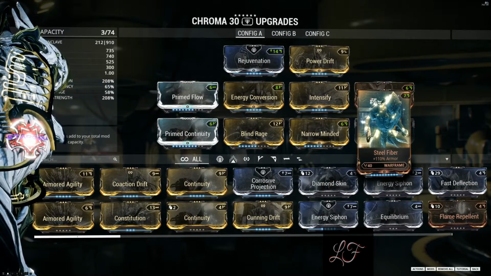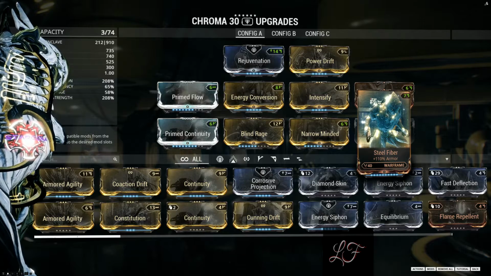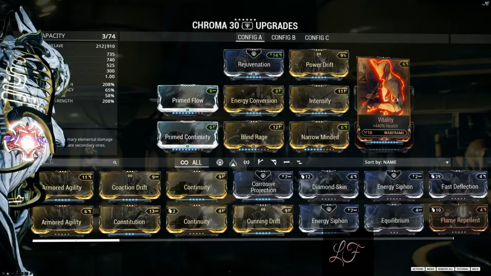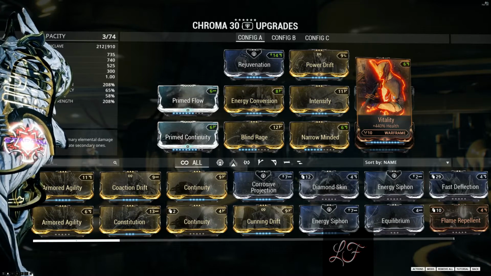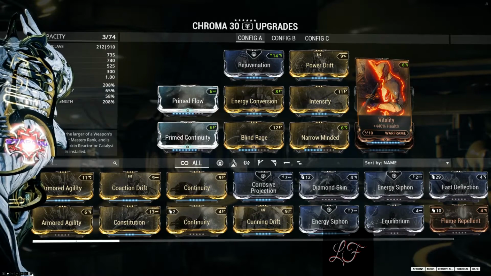Steel Fiber is absolutely necessary, because this is what we are trying to make our bread and butter. Vitality is here because it's simply to give us a bit of a buffer zone if we simply run out of energy, or if